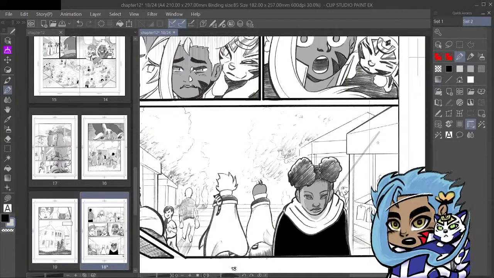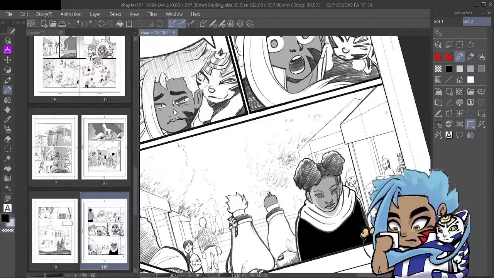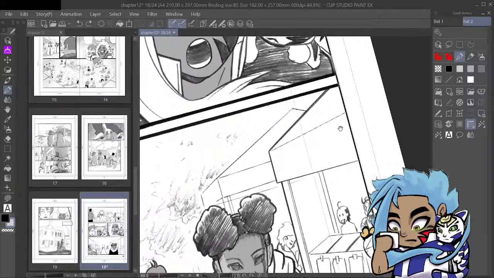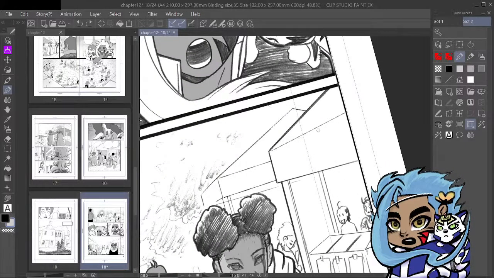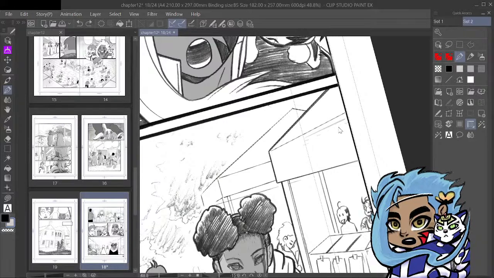Oh wow, so that was that, huh? Okay. Let's get this done quickly. This is the second to last page. I can actually do that faster if I just